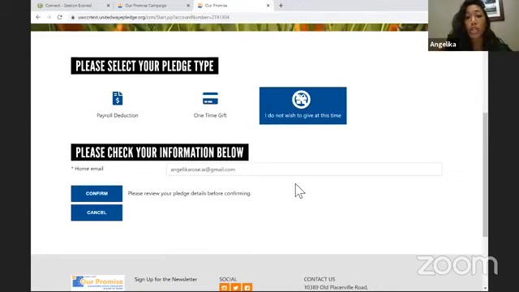We understand you don't wish to give at this time. Just confirming that, and you would just hit confirm. But it's a good thing that you've created an account anyways, because maybe in a couple months you realize, okay, I think I'm ready to give. I know where I want to give now. I'm confident in a place, and I want to start giving monthly, or I want to give a one time. You can always sign back into your portal and go and make that change, or decide to start a payroll